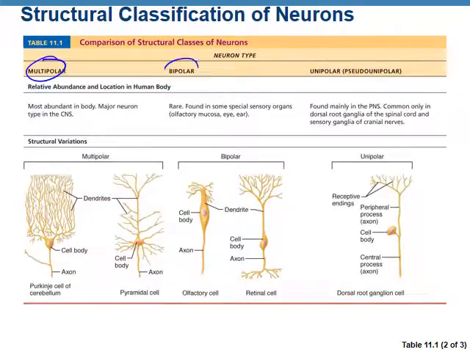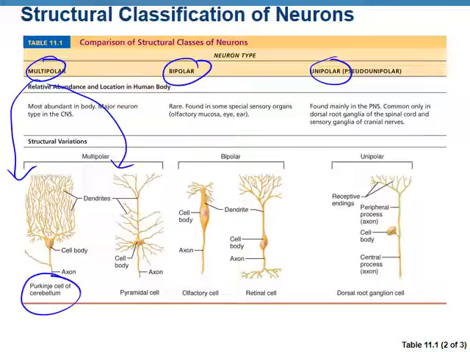So even though we have these 3 major categories, you can see that there's a lot of variation within those categories. So this is a multipolar Purkinje cell of the cerebellum. Cerebellum has to do with coordination of movement. So this is lots of information coming in, you can see. Think of it as swinging a baseball bat. You need to coordinate all of your muscle action, your arms, your legs, your back. You need to swing the bat at a precise time in order to hit the ball, depending on how fast the ball is going. So you need a different type of neuron in order to handle that type of information and come up with one coordinated motion or movement.